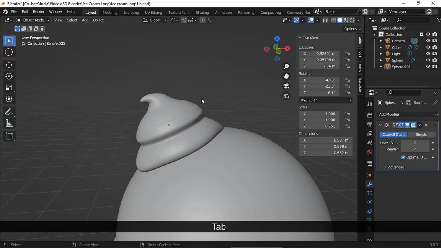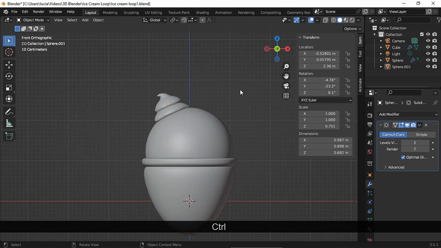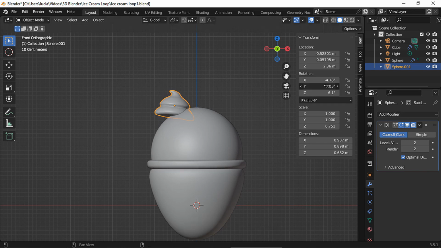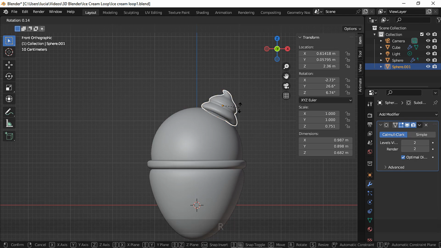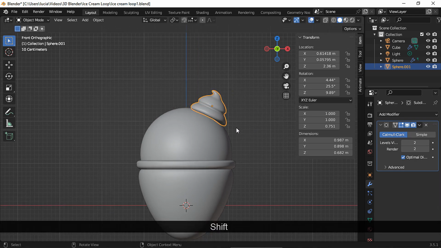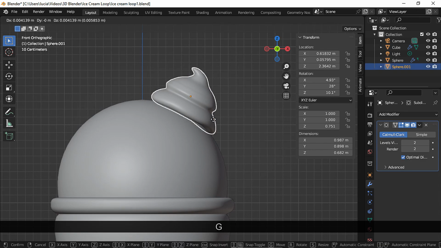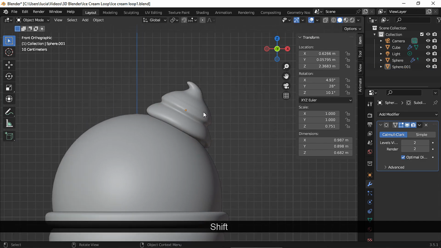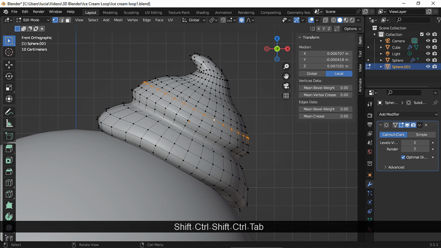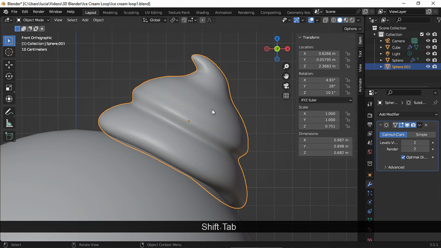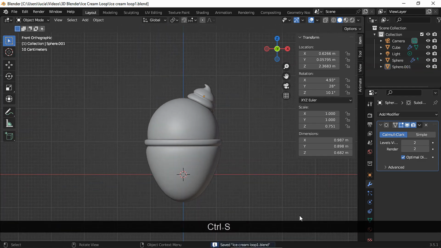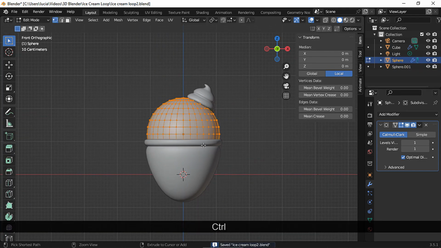Let's see. Okay, now I'm gonna set my object into place. Like I said, I ended up moving it towards the right. And I'm working in front view since I haven't placed my camera yet, but I'm gonna place it similar to this view. There are still some lines here, so select this edge loop, disable proportional editing and scale a tiny bit. I need to scale it a bit more. I think it looks okay and I believe this will be a good moment to save your file. Now we can go back to the scoop of ice cream.